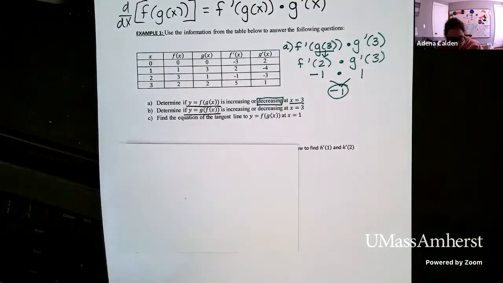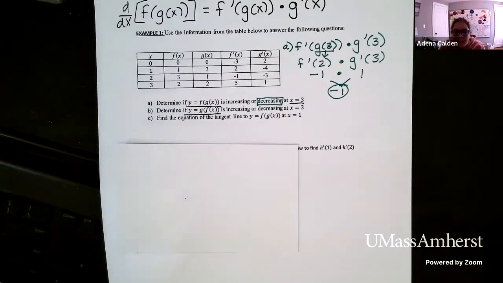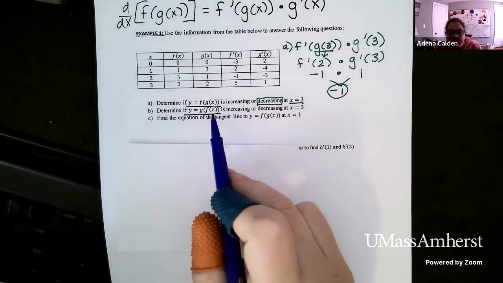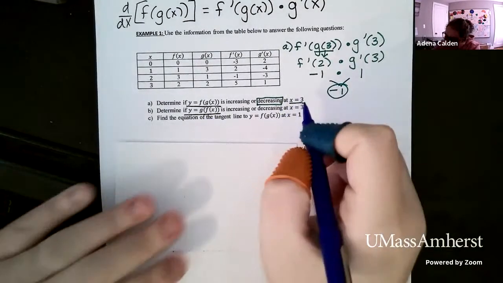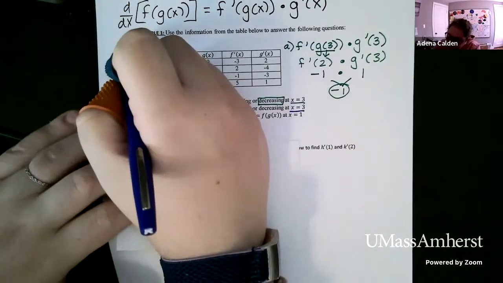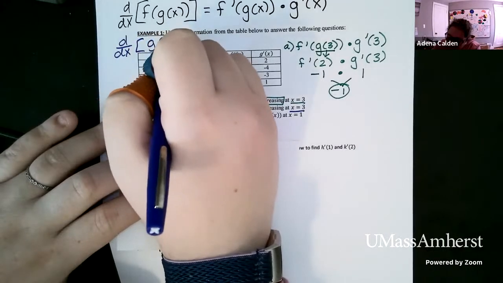Okay, so let's look at part B. For part B, there are two things we need to do. We need to figure out what our derivative looks like if we change this to g of f of x, and then we need to do the same process of evaluating what's happening at 3. So let's start with just thinking about the derivative. If we have g